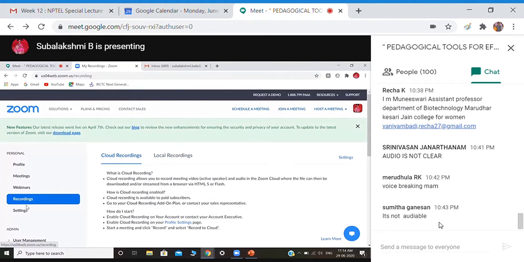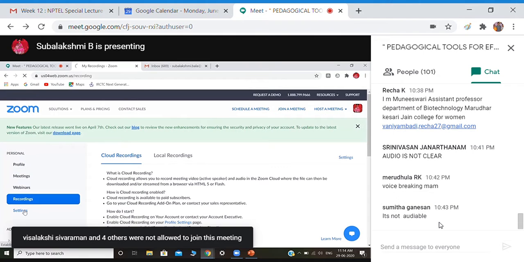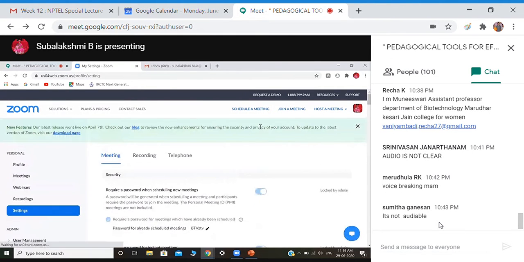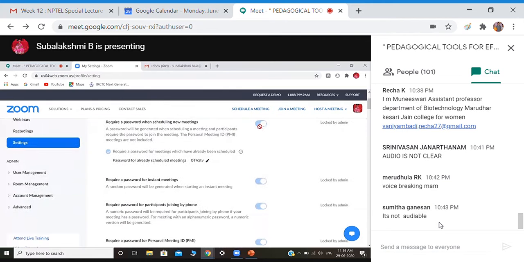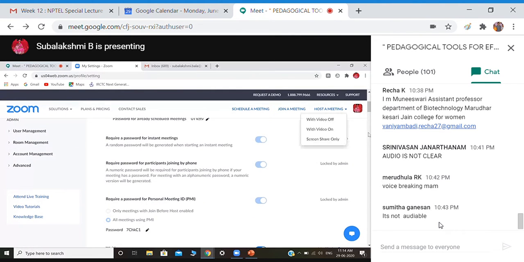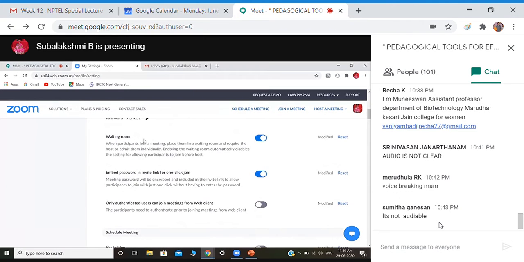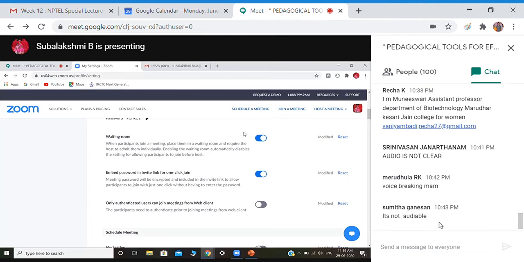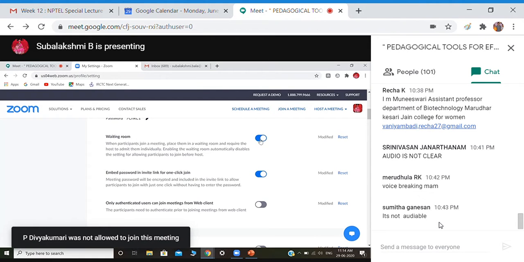And next we have the settings page. Here I'm going to tell you many features of Zoom. Some features will be locked for the free version. Now, the first one is a waiting room. I've already told you what a waiting room is. The participants will be placed in a waiting room, and once the host joins the meeting room, they'll be allowed to enter into the meeting room.